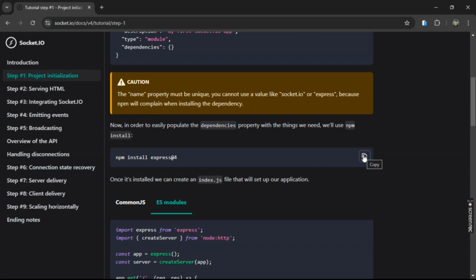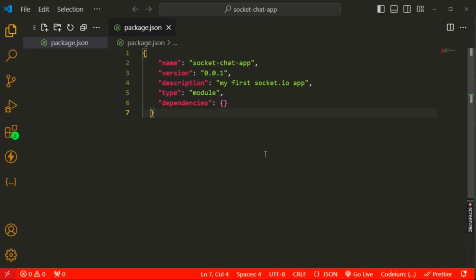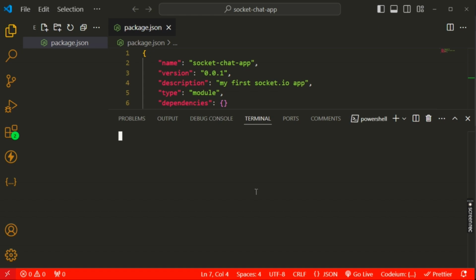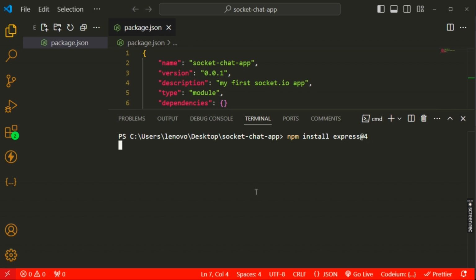For that, we need a server, and the server is coming from node:http. For accessing this server, we have to install a package which is Express, and just open your terminal in VS Code or in your IDE, and just paste the code here and enter,